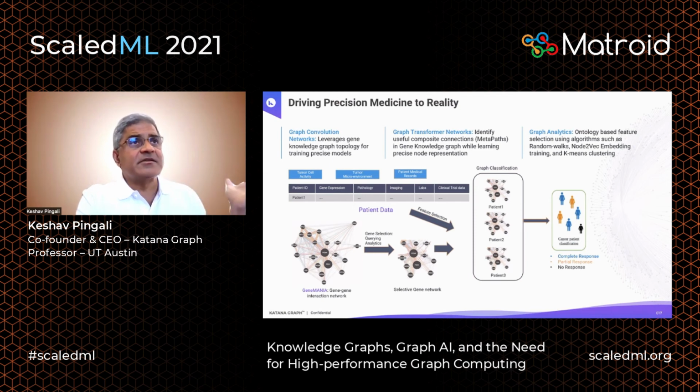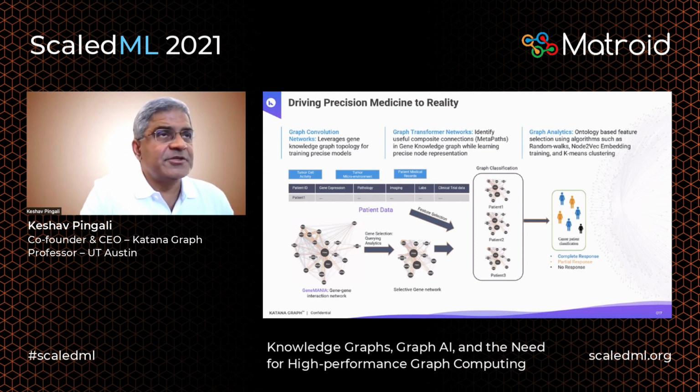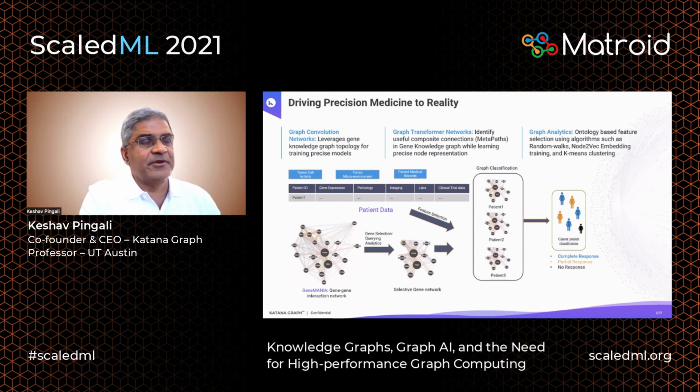There are many ways of doing this kind of precision medicine, lots and lots of companies. Recently, we did some work with our customer in this space, which again has to do with graphs. And here is how we do it. Basically, we reduce this problem to a graph classification problem. So how do we do that? The way to think about it is you're given training data. You're given a bunch of patients, you're given a lot of history, medical information, genetic profiles, so lots of information about the patient.